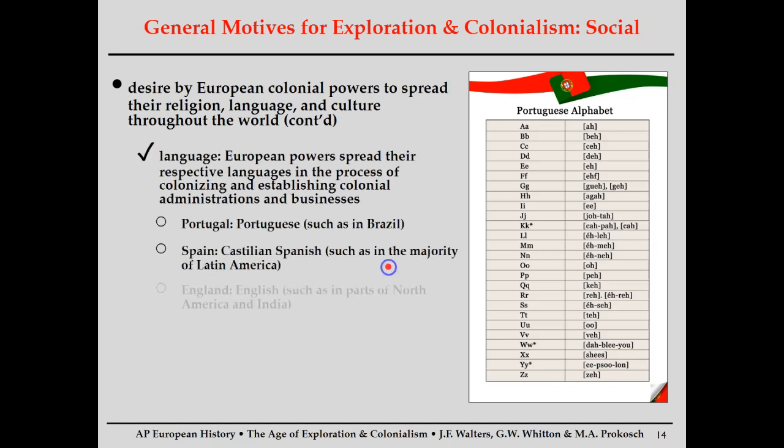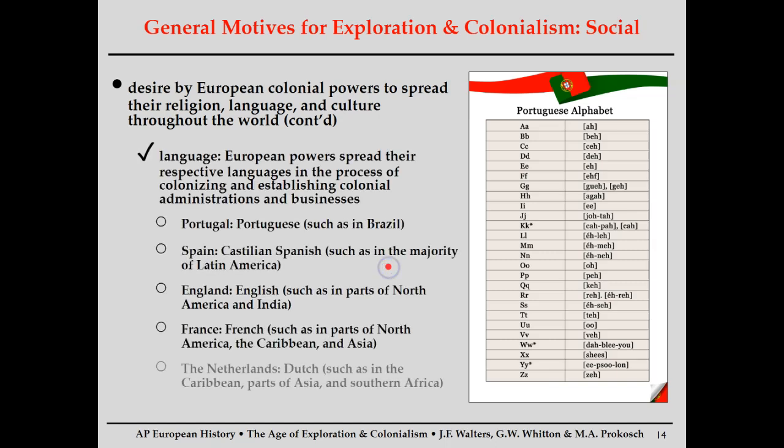Okay, more social. So this kind of gets into the belief in European cultural supremacy. Last year, I think in Global 90, you probably covered the term ethnocentrism. It's the belief that your culture is superior to someone else. And I think last year you probably talked about it in the context of the Chinese dynasties, and how they believed China was the quote-unquote middle kingdom, whatever. So in this case, Europe believes their religion, their languages, their food is superior to the people they are now conquering in North and South America, South Asia, East Asia, Southeast Asia.